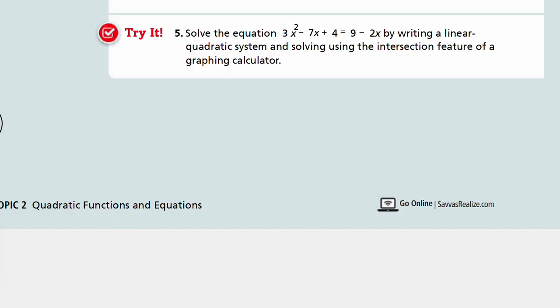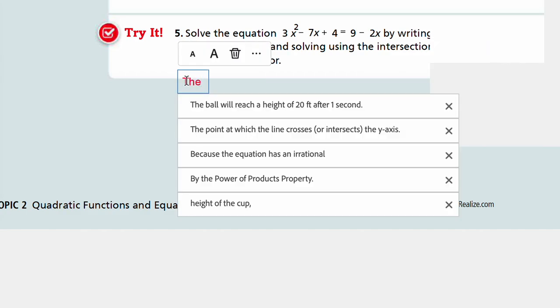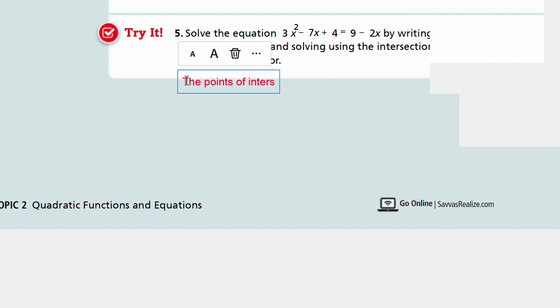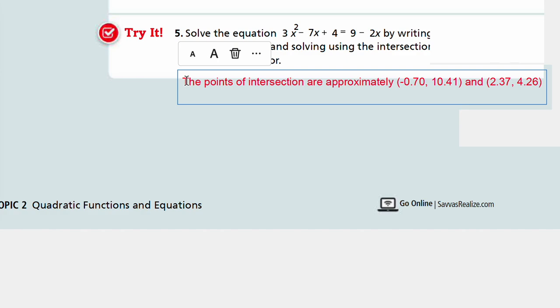So you're going to describe that the points of intersection are approximately, you need to write approximately or about, so you know it's not an exact solution, okay? 2.37 comma 4.26, right? So the solutions are about